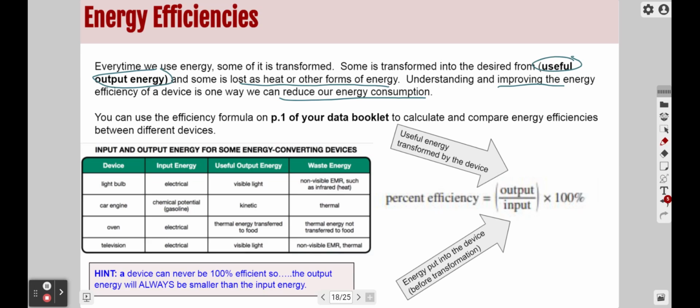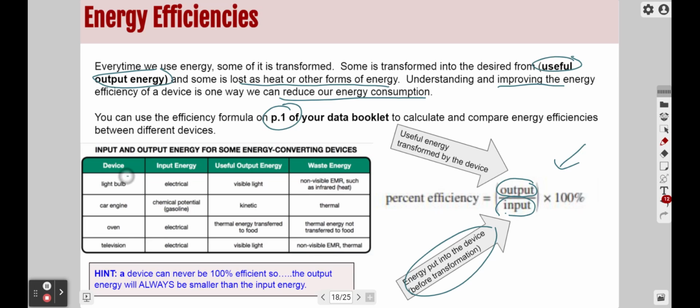Okay, your energy efficiency formula below here is on page 1 of your data booklet, and we're going to use it to calculate and compare the energy efficiencies between different devices. And it's a pretty straightforward formula. You're going to be putting in the useful energy, that is considered the output energy from the device. Okay. And the energy put into the device before the transformation would go on the bottom. So let's just look at a few of these examples of inputs and output energies